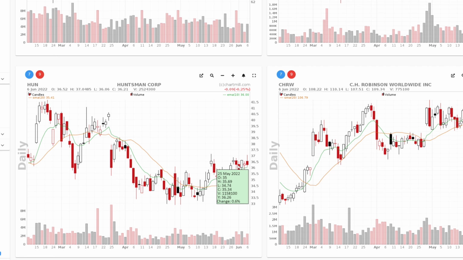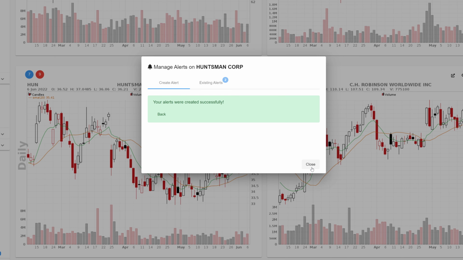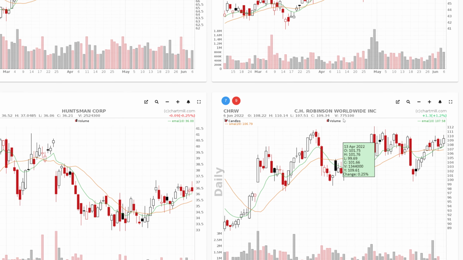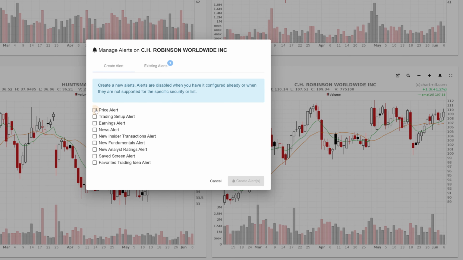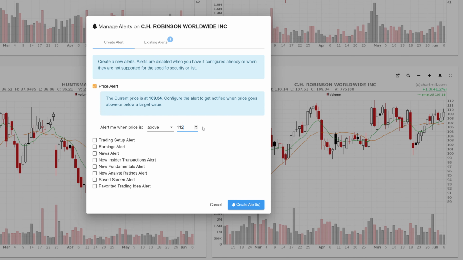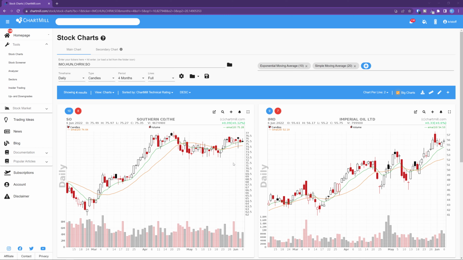high 37.13 and this is 37.04, so it's 37.13. Price alert 37.13. And finally CHRW, the high 112.15, so adding a price alert at 112.15. Create alerts. To manage your alerts, you can easily do so by clicking in the upper right corner your account,